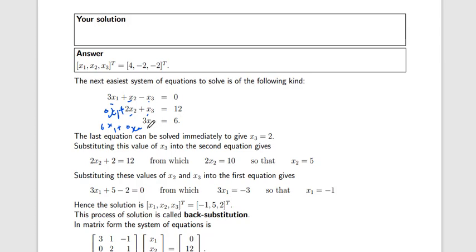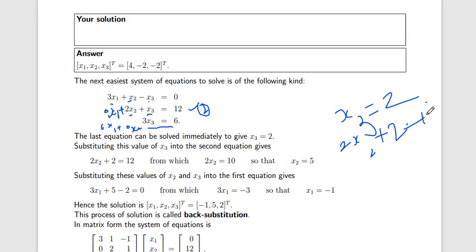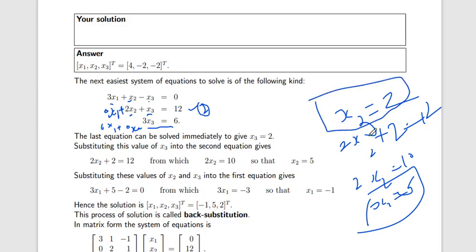Here it is simple. First of all, we start with the third equation. Here there is only one equation and one unknown, so we easily get x3. What is the value of x3? 6 by 3 is equal to 2. Now in the second equation, we have one unknown. We know the value of x3, so 2x2 plus 2 is equal to 12. Then 2x2 is equal to 10 and x2 is equal to 5. Okay, we got two values of the linear equation, x2 and x3.